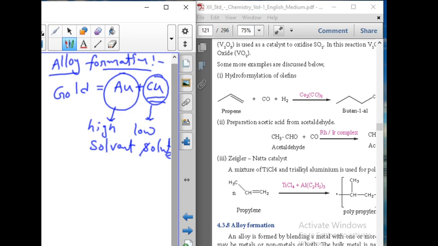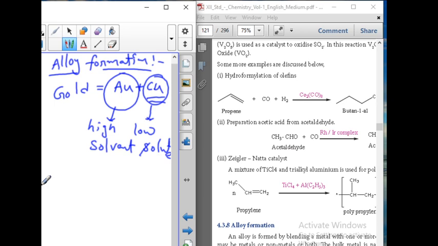Transition metals can satisfy these conditions to form a number of alloys among themselves. Transition metals are ready to form them. These d block elements follow one rule, the Hume-Rothery rule, for the formation of alloys. What is that rule? One metal's percentage composition is higher, another one's is lower. That is our rule. Many metals can form numerous alloys.